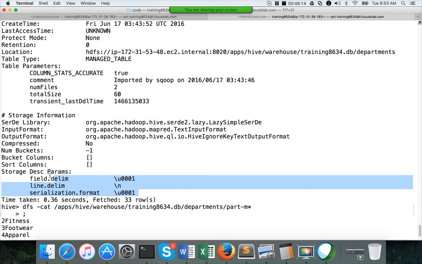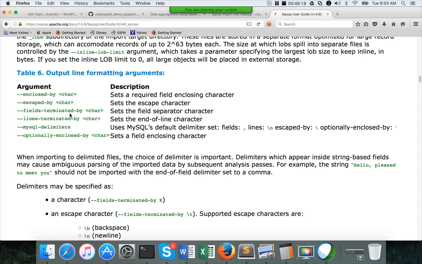So the bottom line is you should use fields terminated by and lines terminated by values the same as the underlying data processing platform. In this case, it is Hive. Hive uses null characters for fields terminated by.